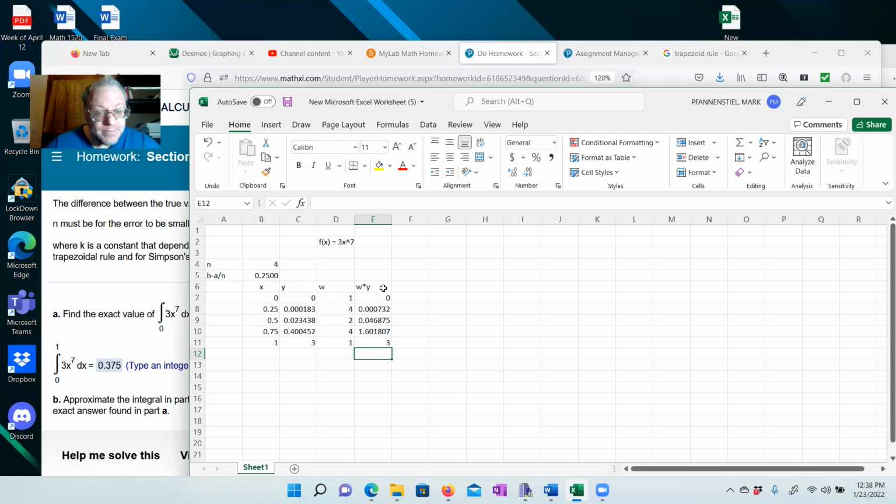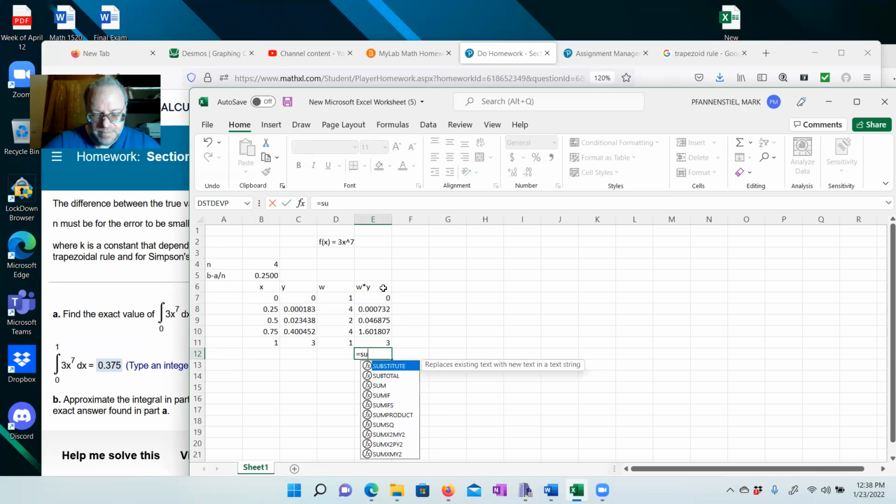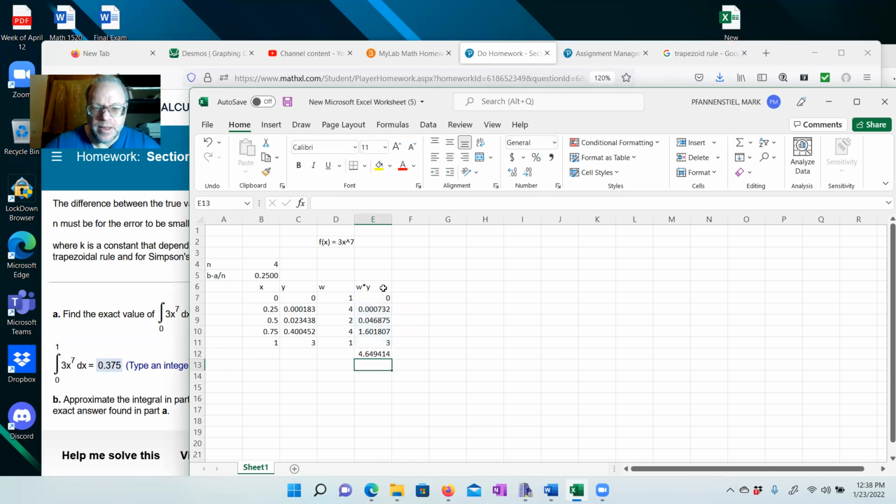What was my b minus a divided by n? Well, we could wait on that. So the last thing I really want to do now is just sum up. So equals sum. Do that, and we're just going to add these up. And then what are we doing here? We are doing 1 minus 0 divided by n times 1/3. So we're going to multiply this by, so plus or that times